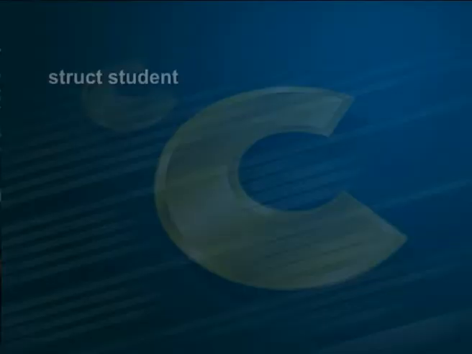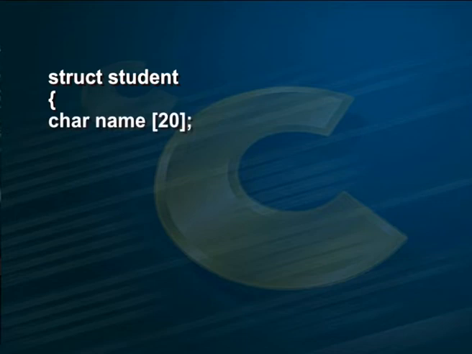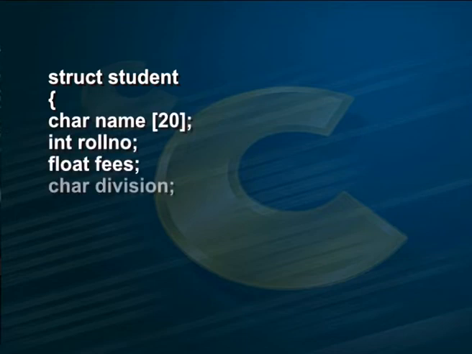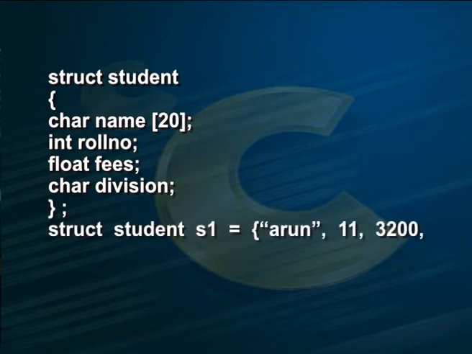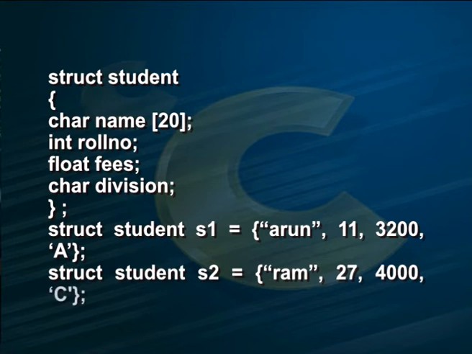For example, struct student { char name[20]; int roll number; float fees; char division; }; struct student S1 = { "Arun", 11, 3200, 'A' }; struct student S2 = { "Ram", 27, 4000, 'C' };